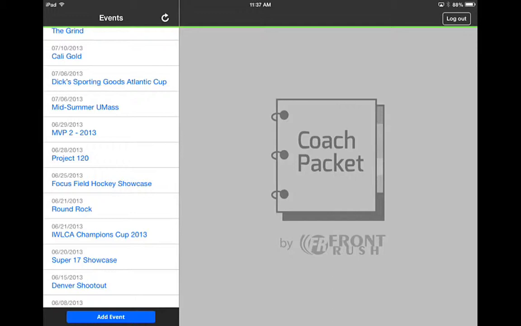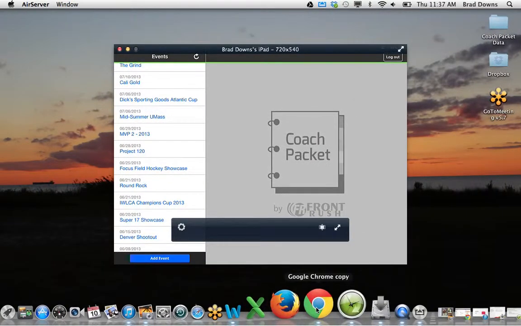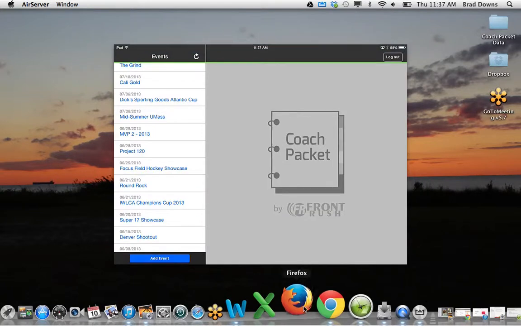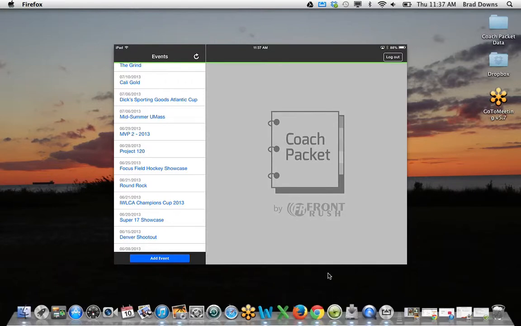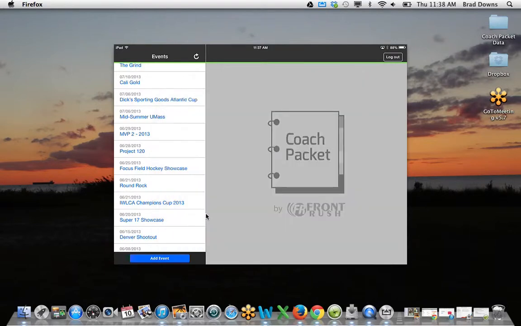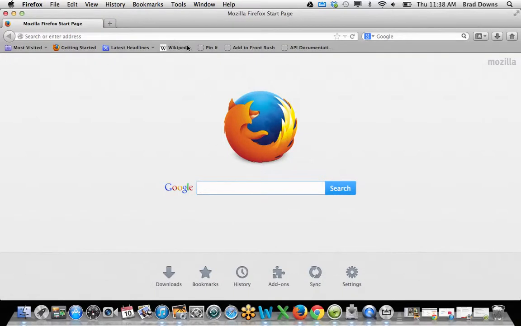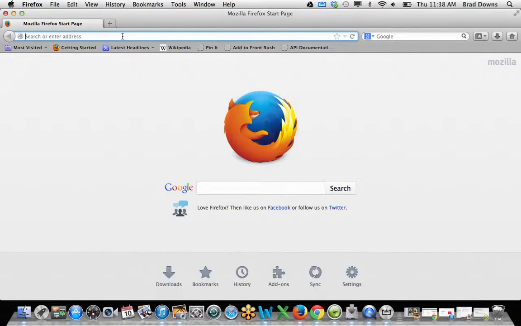I'm going to take the next about 5 minutes here to dive into the web version of Coach Packet, because that's where you may be doing a lot of the viewing of the full videos. So I'm going to simply exit out here. Let's go ahead and dive into Firefox. We encourage Chrome, Firefox, Safari. Those are the better web browsers out there. And just like you had all this information available for you on your iPad, this information is going to be available for you on the web version. So you just simply click on